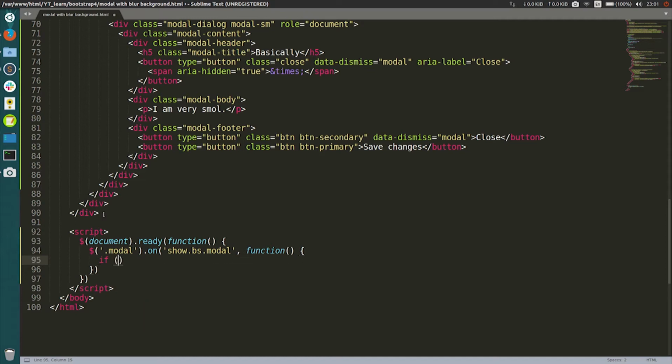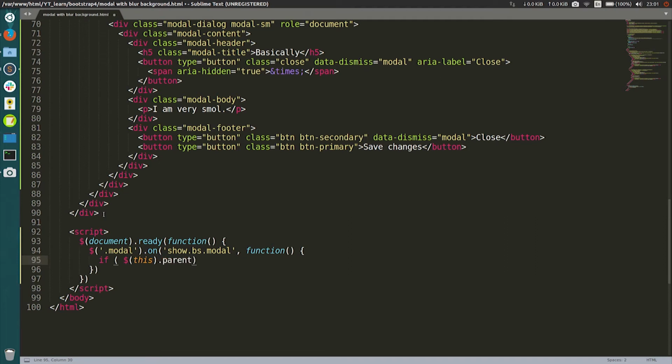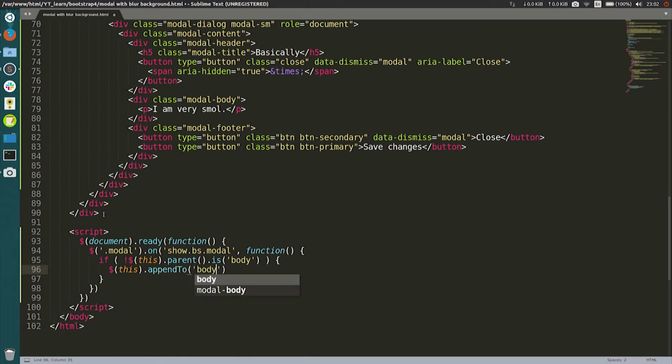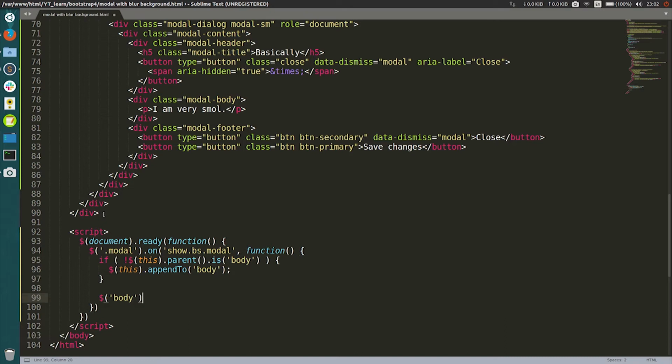Right, let's have a condition. If this parent is body, if not, okay. So if it's not the child of the body, then we should move it, this append to body. And after that, we can add a blur class that we already have. Sorry, body children,